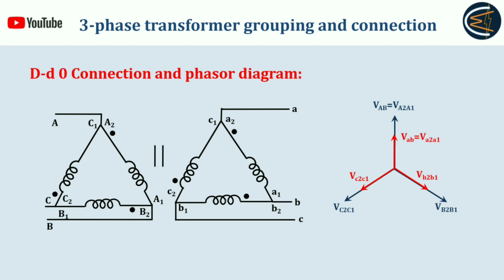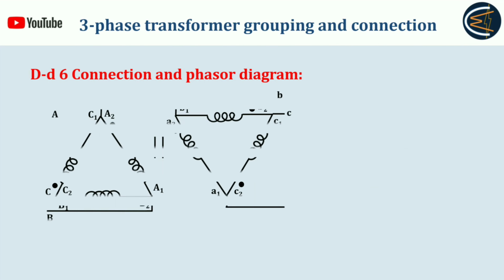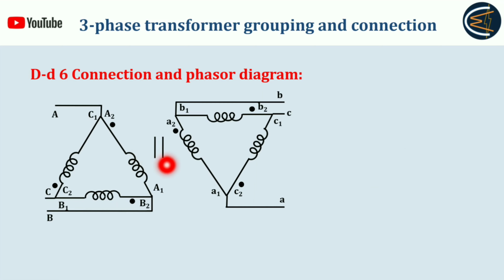Let's move further. DD6 connection. Okay, so that is the configuration. As I already said in case of YY6 in previous video lecture, 6 means 180 degree opposite. That means they will be opposite to each other, or they will be reversed with respect to each other. See here, if it is the primary side and if it is the secondary side, they are completely reversed. Like here B1 B2 is here, but here B1 B2 is just here, like completely opposite. So that is the way of representing DD6.